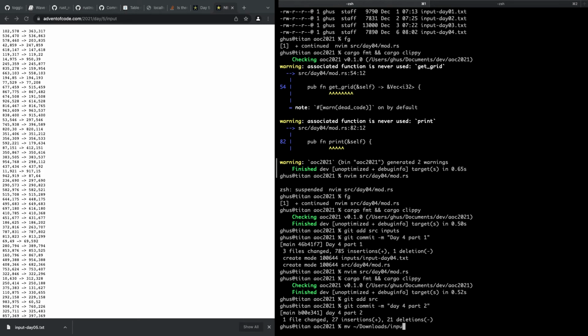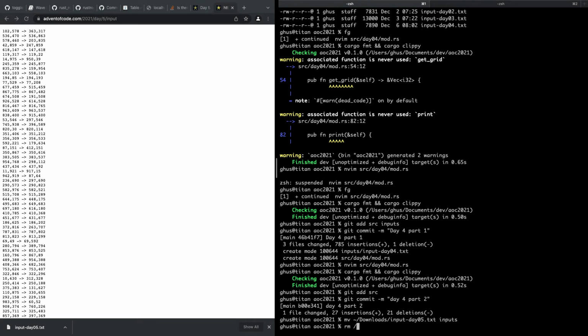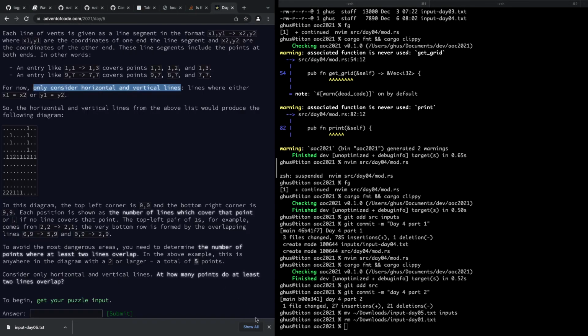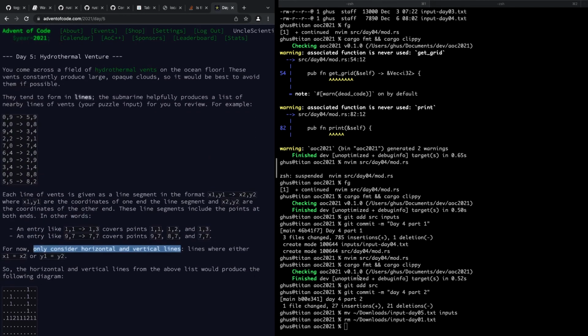Downloads, input day5.text into inputs. And I'm going to actually remove, I have day 1 in there still. Downloads, input day 1. All right. So we don't need this anymore. We don't need that anymore. Okay, so it can basically be